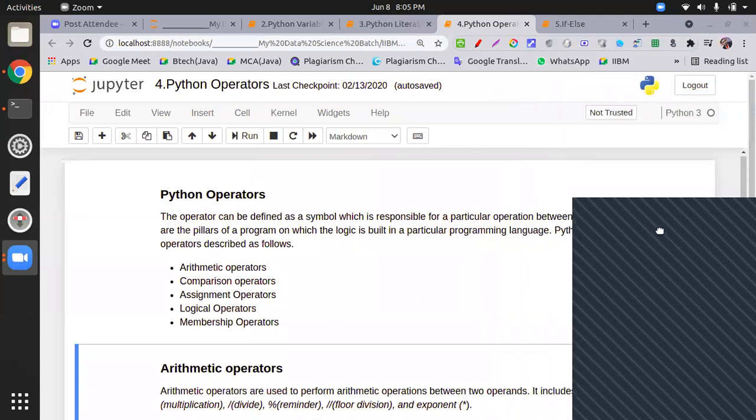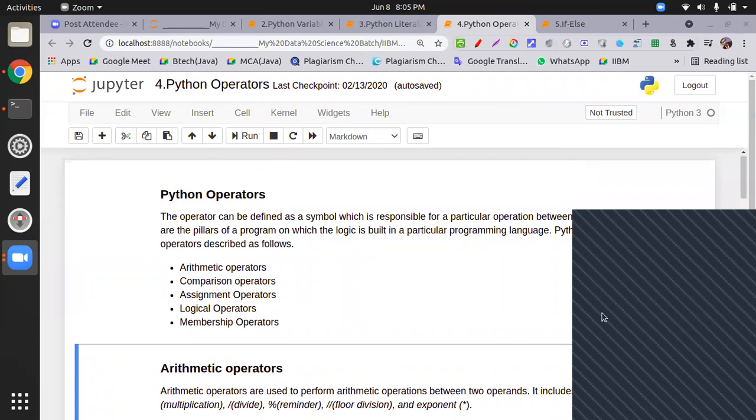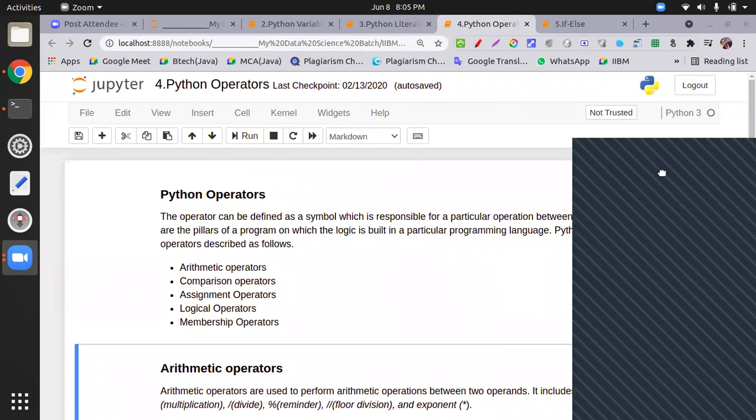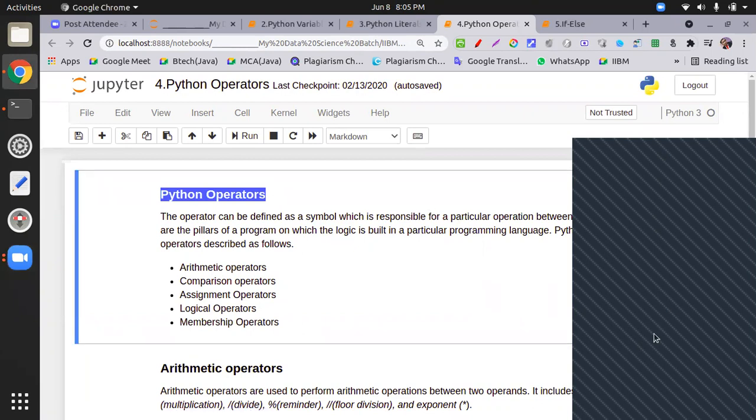Mallikarjun ji, you can unmute and tell me the answer: how do we define operators, the general definition? Biju Thomas, sir, how do we define operators? Sorry, can you repeat again? What is the generalized definition of operators?